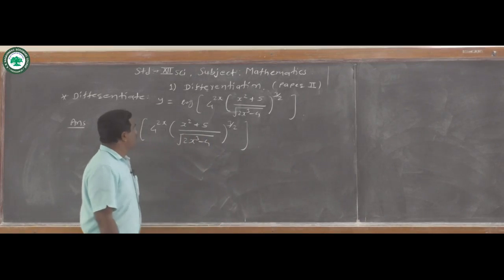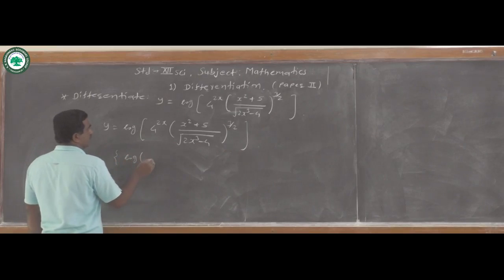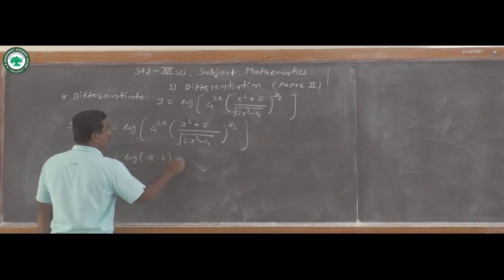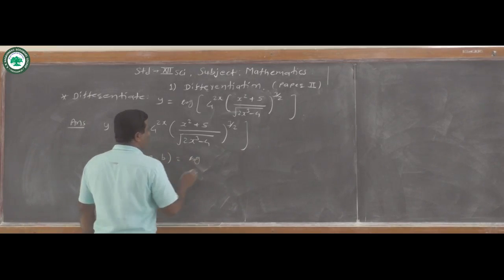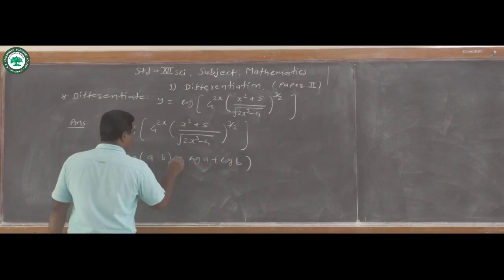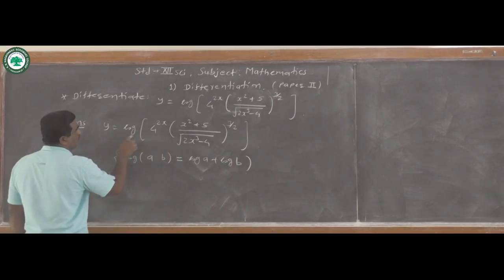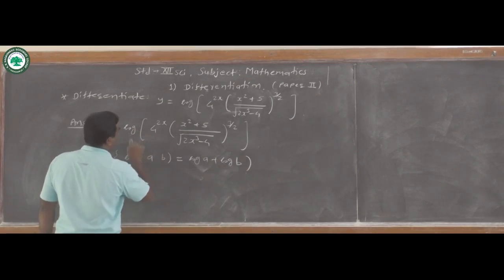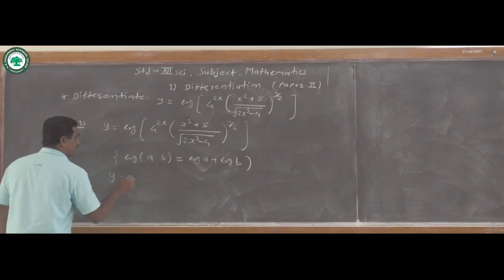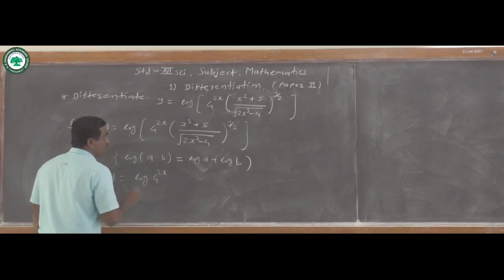First rule, we know that log of a into b is equal to log a plus log b. Using this rule we can write here y is equal to, this is a and this is b, log a into b equal to log a plus log b, that is log of 4 raised to 2x